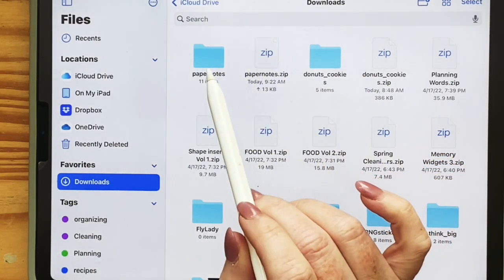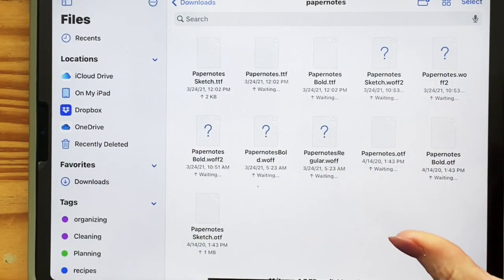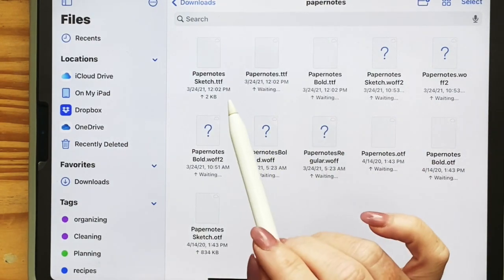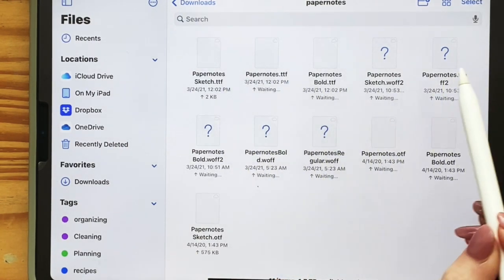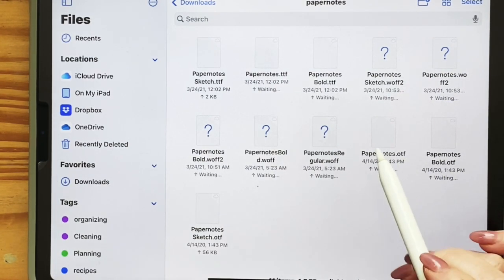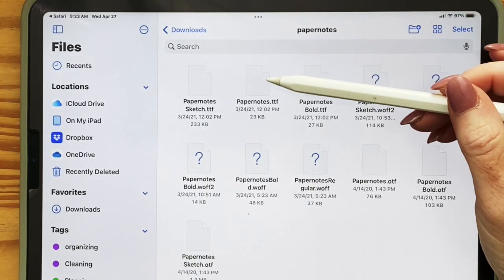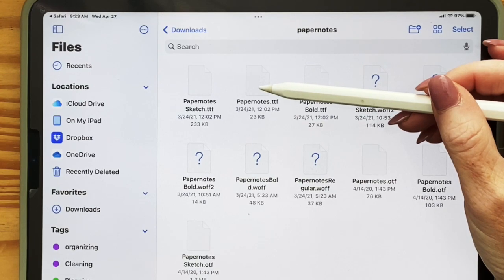All right, now that it's unzipped, you're gonna open the file. Now, there are a lot of different things that are included in the download. Usually there's a TTF, there might even be an OTF here. And then usually they'll put some licensing agreements and things like that. All right, so I'm gonna go ahead and just click on the paper notes TTF,